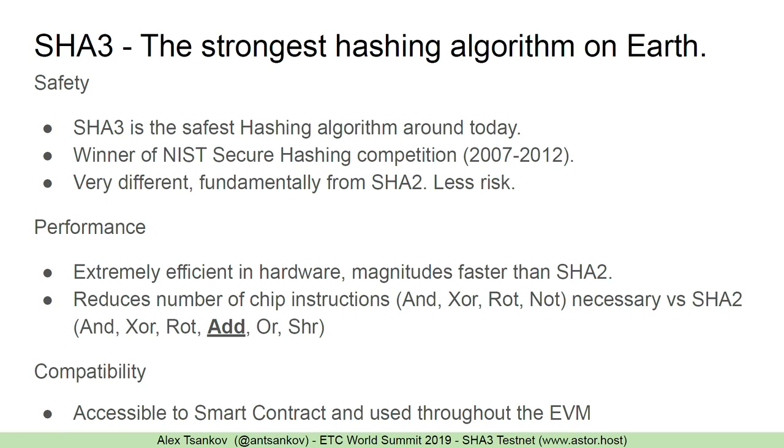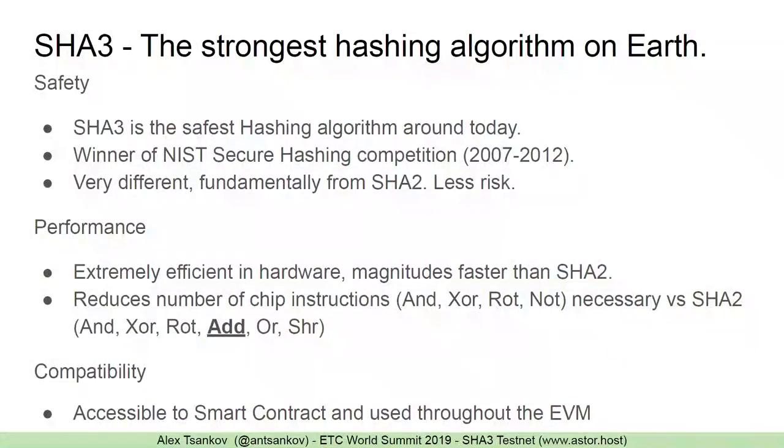Second of all, another reason why I think it's very important is because it's extremely high performance. SHA3 was selected as a winner because it was about 4x more performant in hardware and in FPGA and ASIC implementations than SHA2 was. And I think that performance gain is something that we're going to feel not only in the mining market, but in the node market, where when we're confirming blocks, we don't have to run this costly, memory-intensive hashing algorithm with Ethash. We can run the SHA3 algorithm in a mobile phone or even in a smart contract, and it's very small and very efficient.